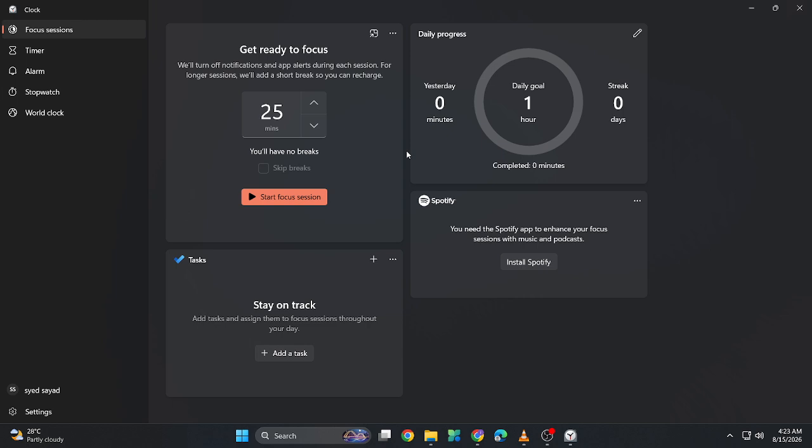With alarms, world clocks, timers, a stopwatch, and focus sessions, the Clock app can help you manage your time and